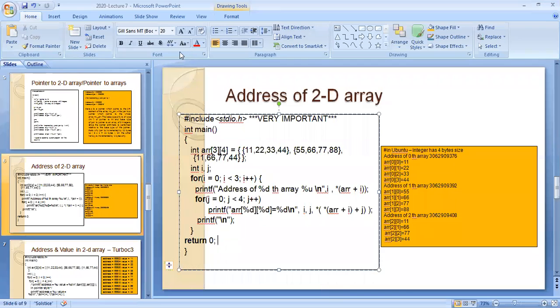So understood. Now you have understood this program. Any doubts you are having?